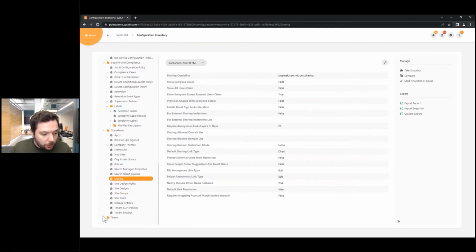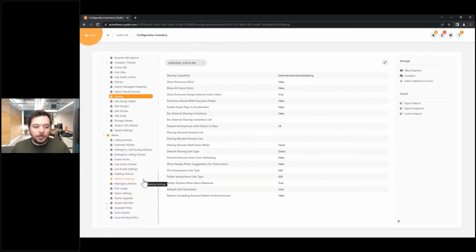And then in Teams, you're also going to see a lot of different policies. And if you just glance at them, you're going to see that there are actually a lot of these in the Teams Admin Center on the left-hand side. A lot of these policies are data that you can find there. As you can see, I'm on one screen in one application, and I get all these different data. If you try to pull all this data out by yourself, usually we are talking about a lot of different clicks, and then just taking a snapshot of your screen and copy pasting it somewhere,